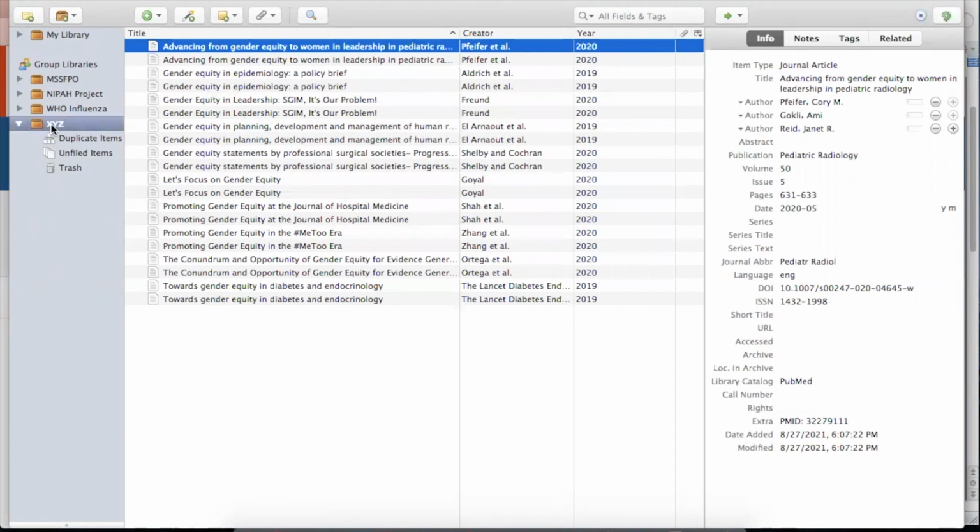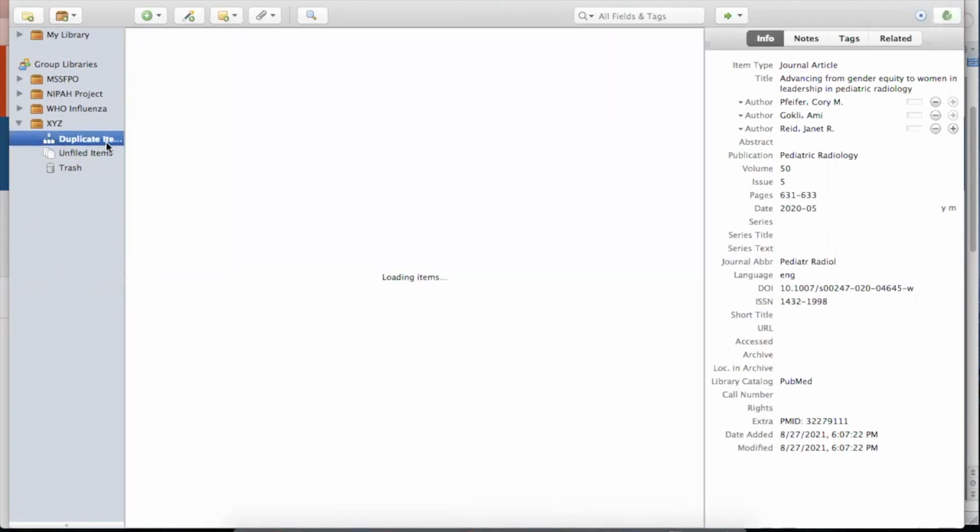Now, as you can see, this folder has automatically created 3 other folders. So what is the meaning of these folders? One is the duplicate items folder, which says that sometimes when you capture the data, it automatically captures a duplicate of an item. So this folder presents the different duplicates which an article can have. Then unfiled items basically means that whatever collection you have, these particular unfiled items are not in any of the folders. And trash is basically when you delete any item or collection, it goes into trash.